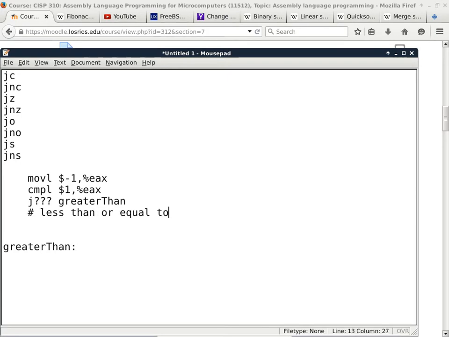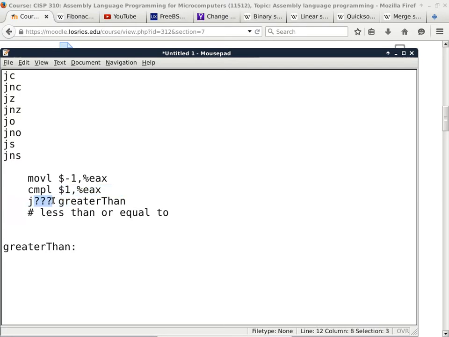Okay. When I use less than or equal to, greater than, or any type of comparison, I am basically saying, in this case, the second operand is less than or equal to the first operand. Okay, so the order of reading this is kind of reversed. You have to be careful about that. Okay. All right, so the question now is, what do I use here in place of the question mark so